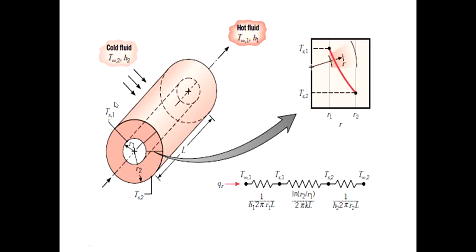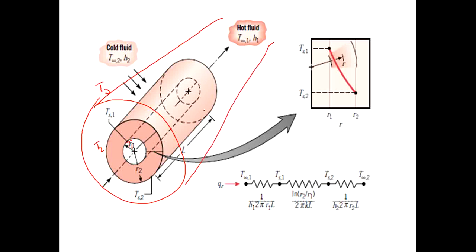The surface temperature here you can take as T1, and here T2. If you add another material, the surface temperature will become T3. Keep in mind the area of exposure is equal to pi d l, where d is the diameter of the pipe at the particular point you want to take. Now, the heat energy is transferred from the material inside to the external point like this, from R1 to R2.